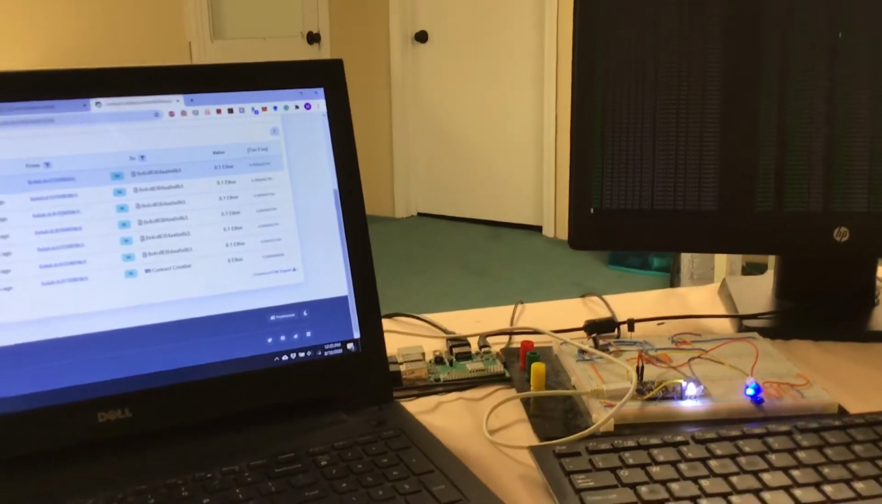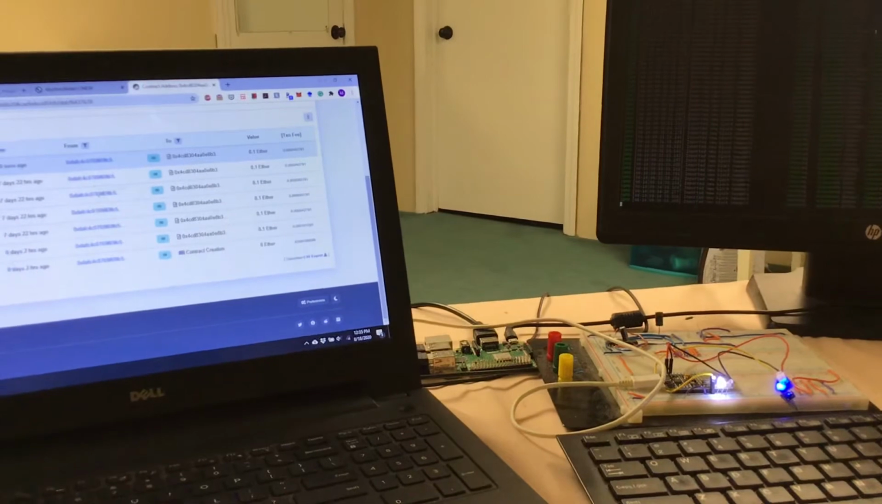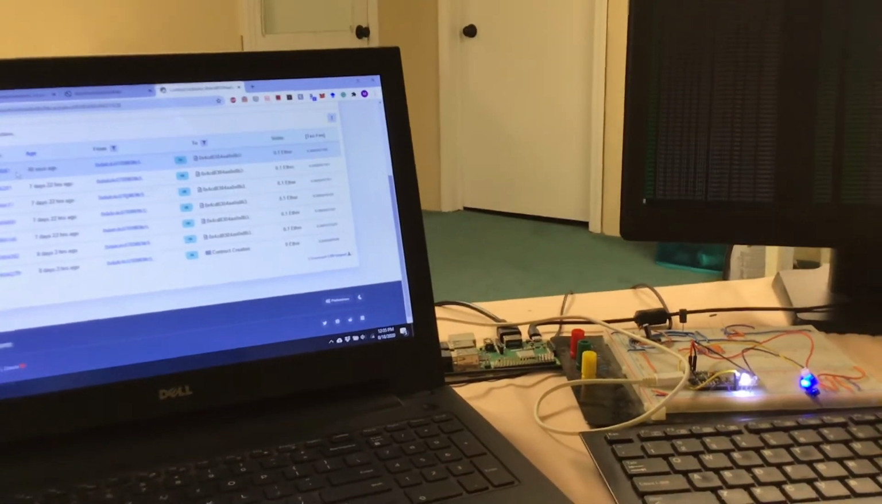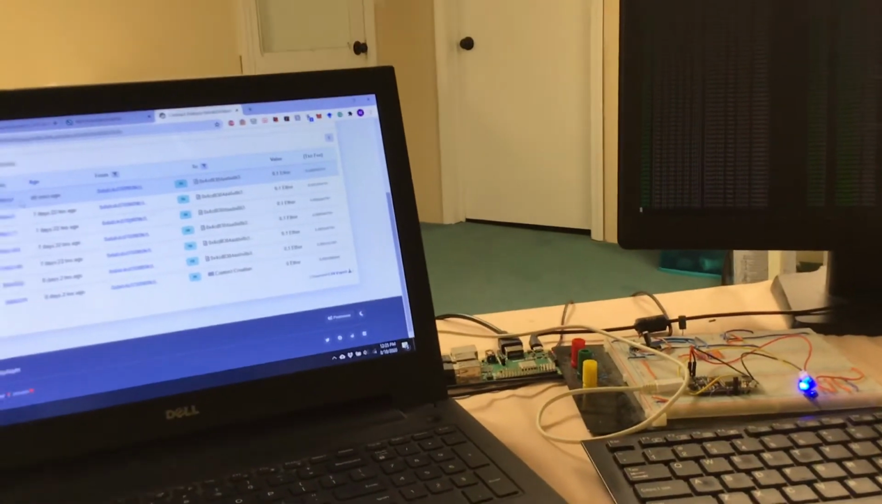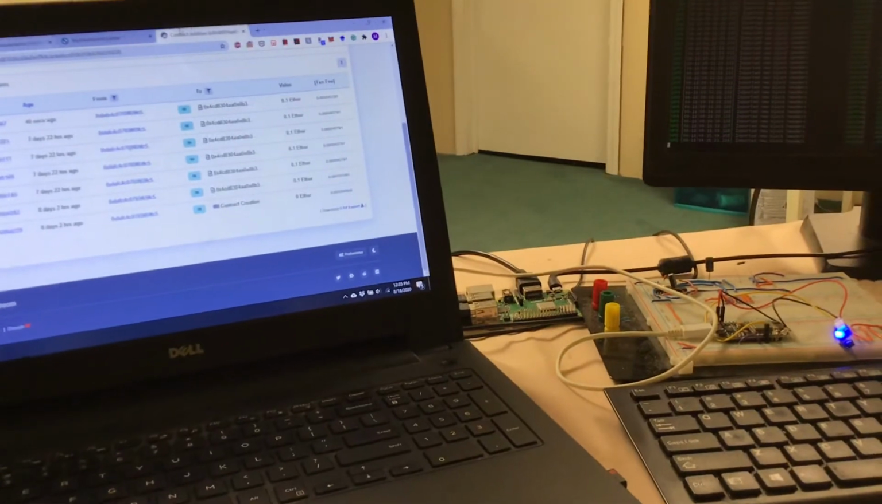After 60 seconds, it will be turned off automatically, because the microcontroller is applying the configuration for that specific amount of time only. So we can see that the LED is turned off automatically. Next, what we can do is again